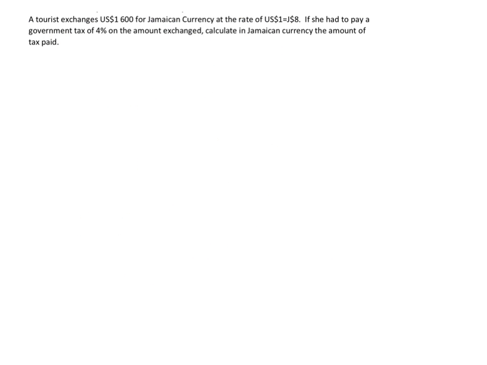Okay, so for part C of this question, we have 1,600 US that we want to convert to Jamaican, and we're paying a 4% tax. So let's convert it to see how much Jamaican it is, then take away the 4% tax and see what the tourist is left with. So we have $1 US is equal to $8 Jamaican. So if we have $1,600 US, then it would be